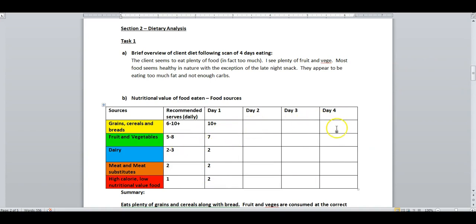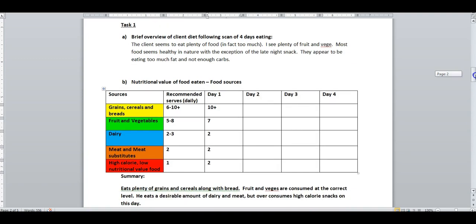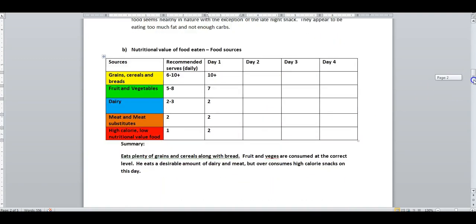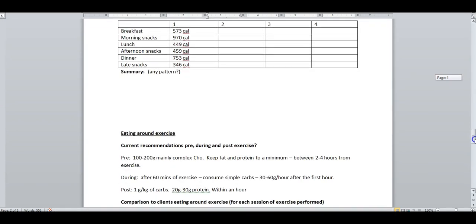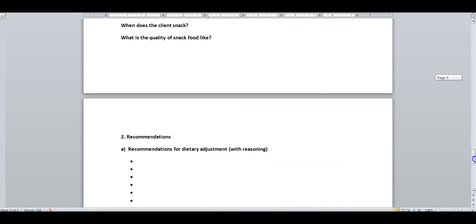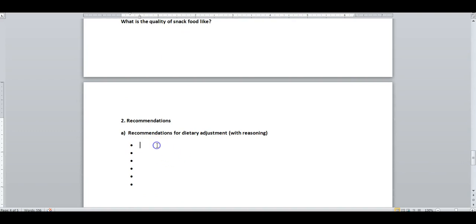So plenty of cereals and breads, lots of fruits and veggies, dairy in about the right zone, meat in about the right zone, just a little bit high on the high calorie, non-nutritious type snacks. So the only key pointer I can really pull out of this table at all is the high calorie foods. Now you may have more, you may have 5 things to talk about there if there are improvements to be made. So my first bullet point is my client